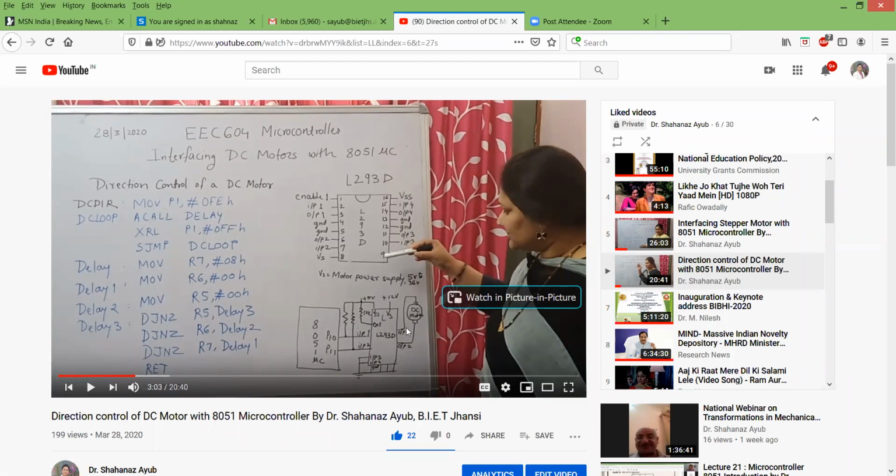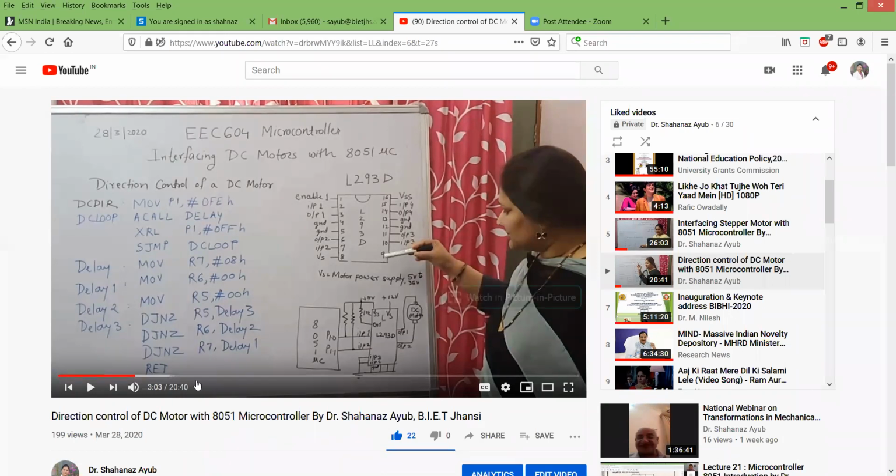If I want to control the direction of this DC motor, meaning it will move in the forward direction or in the reverse direction, then to move it forward, the positive pin should get positive, that means logic 1, and the negative pin should get logic 0. And if I want to move it in the reverse direction, then the positive pin should get negative and the negative pin should get positive supply.